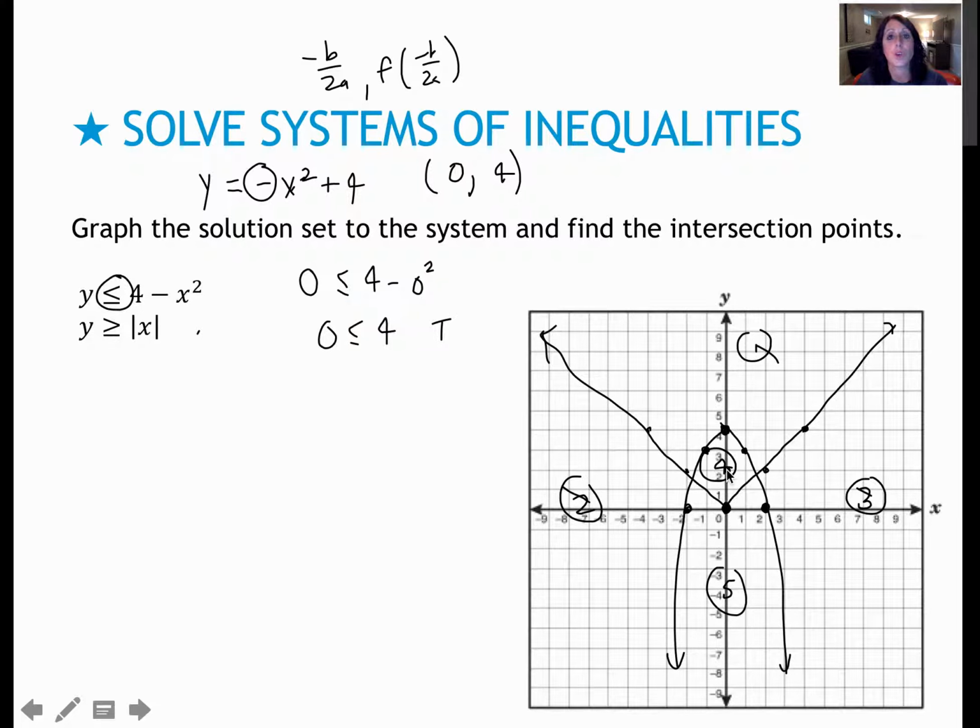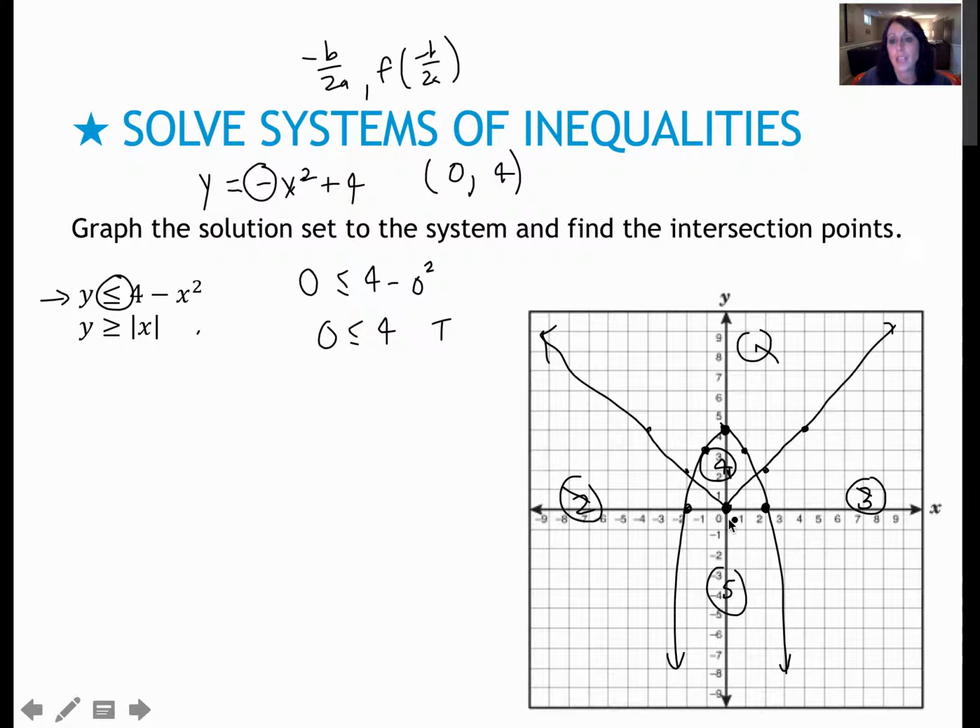So it's either zone 4 or zone 5 that's going to be shaded, because all of this would be shaded for this first one. For the second one, obviously I can't use 0, 0 because 0, 0 is a point on my graph. So choose another point, either up here in zone 4 or down here in zone 5